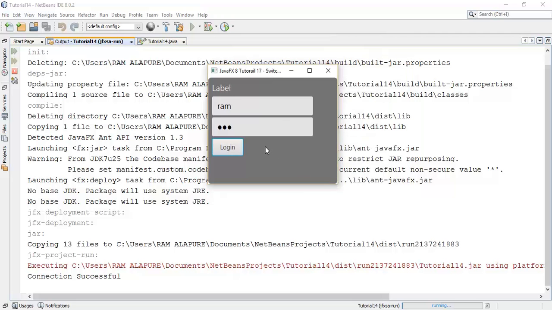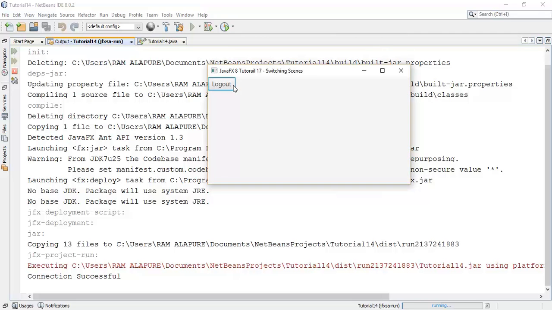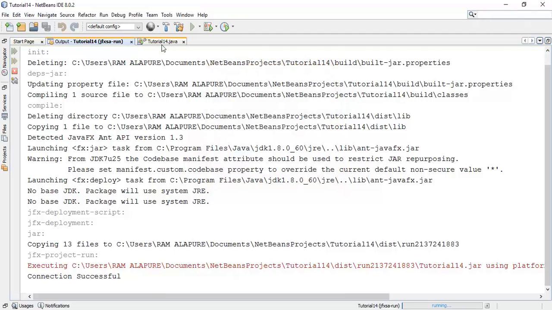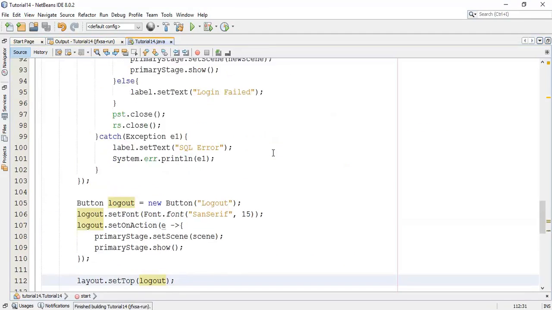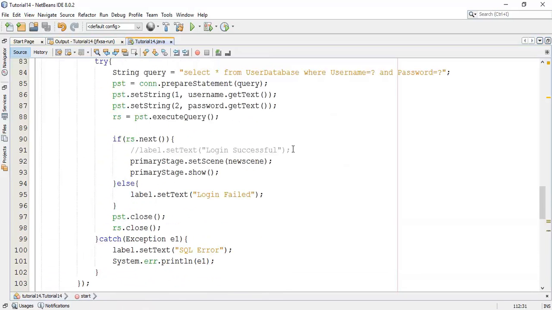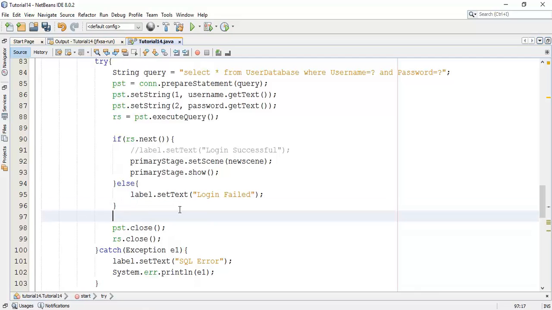Now one thing is that we have to clear these fields when we log out from the scene, so that it must ask again to log in. So I'm going to close this and clear the username and password fields, so that they will not appear when we log out.